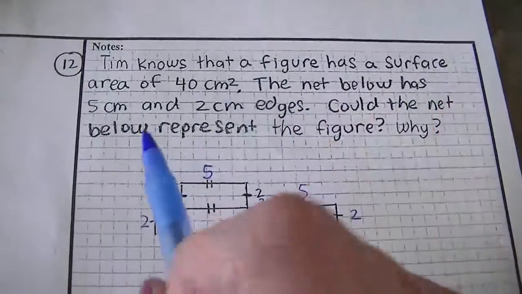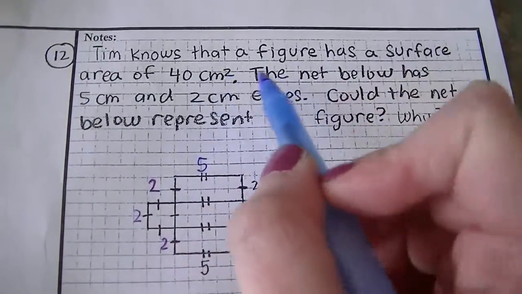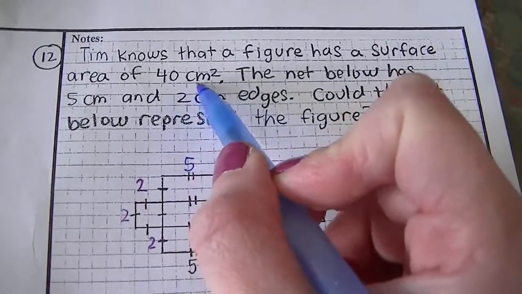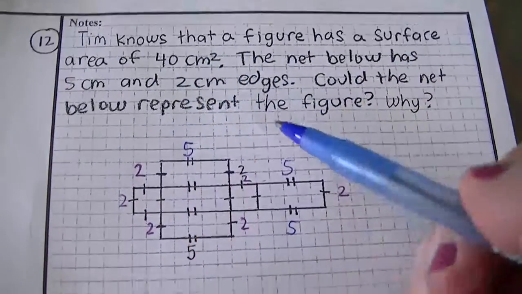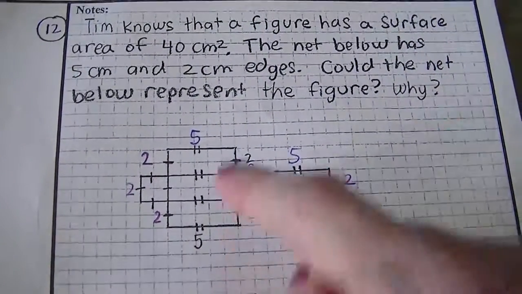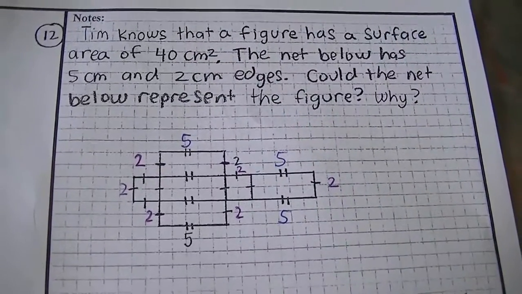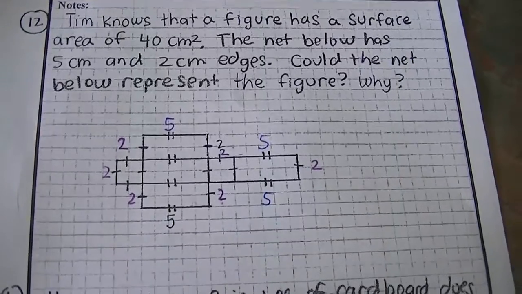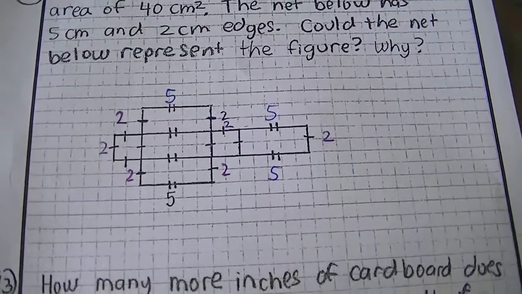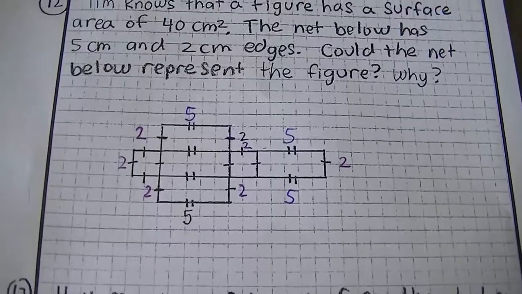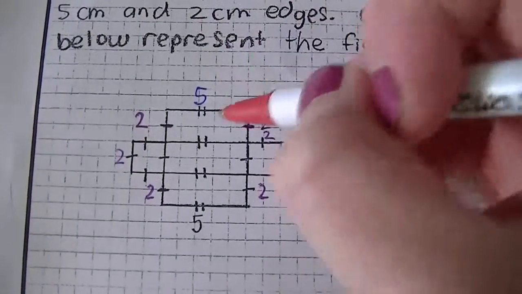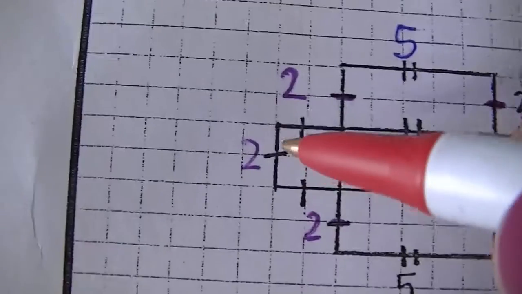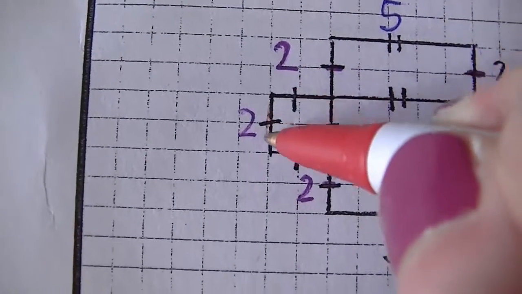So they're curious if this net represents a figure that has 40 centimeters squared, or 40 square centimeters, as its surface area. So to figure out if this is matching, we just have to figure out the surface area of that provided figure right there. So since surface area tells us how many boxes there are, I'm just going to find the areas of each little component of that net. So I'm going to focus right here. So this, it's a square,